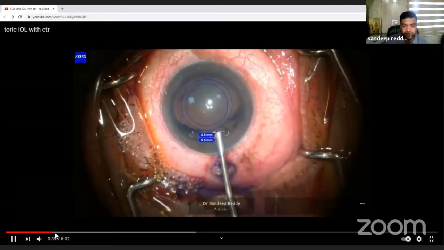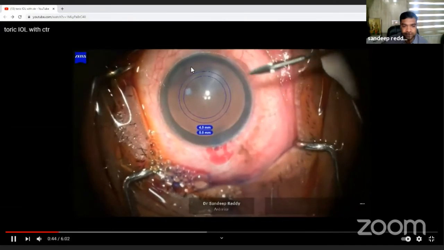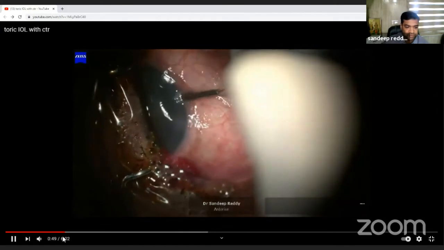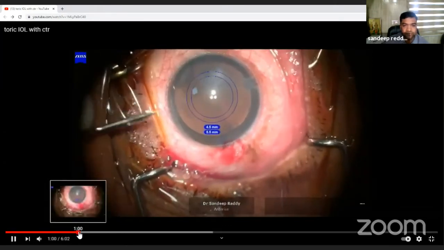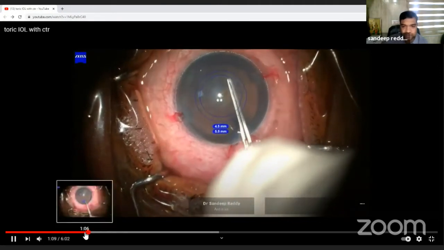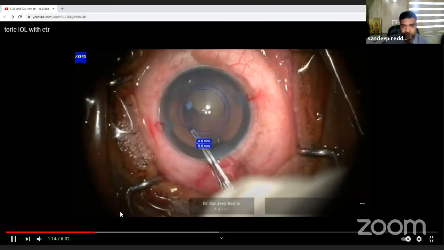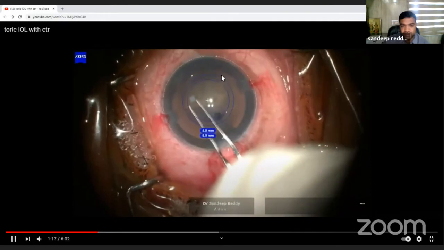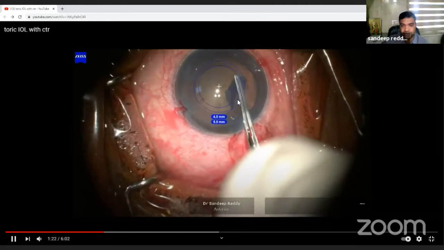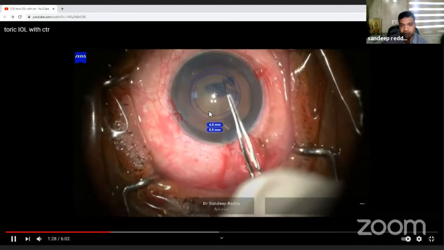So that is the meaning of telecentric. Now you can see the rhexis is not exactly in the center of the pupil. It is a little towards the nasal side. And when you are seeing these images, the quality of the surgery is not at all compromised, because you can have a good visualization of the surgery as well as these marks, and you can have multicolored options also as per our requirement that can be changed.